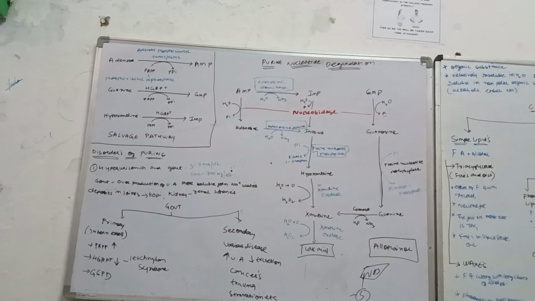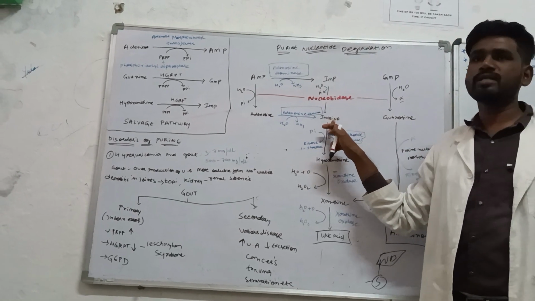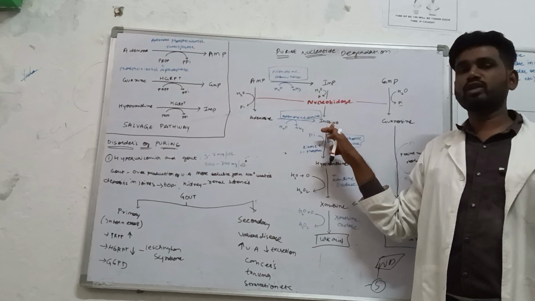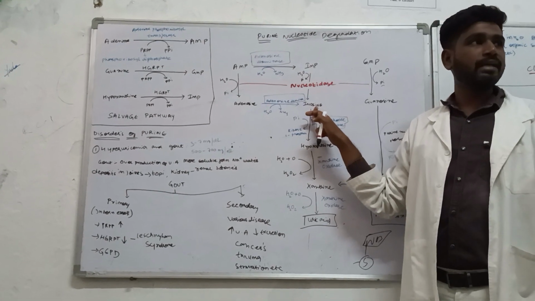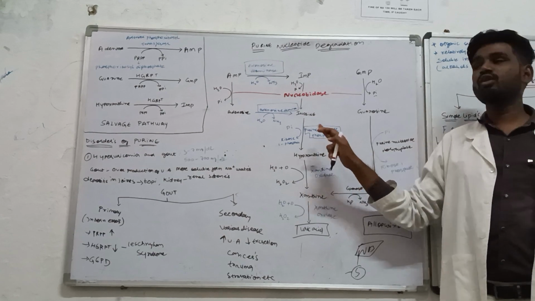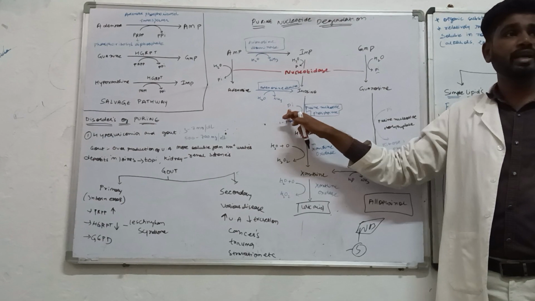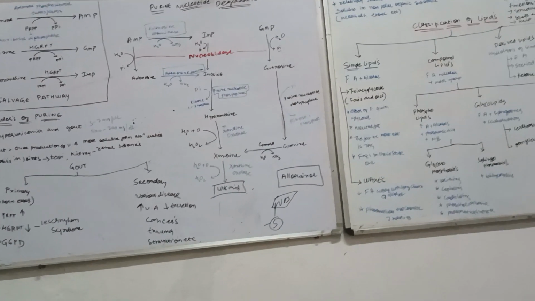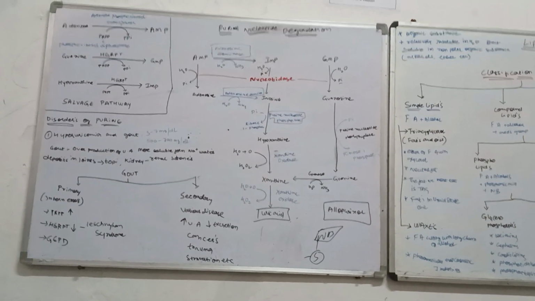ठीक है? Now, the inosine which is there, if I am talking about the nucleoside, then I must be talking about the nitrogenous base and the sugar molecule. If I am talking about the sugar, what type of sugar must I be talking about? Ribose type of sugar. Two products are there. Now with the help of enzyme purine nucleotide phosphorylase, due to the presence of inorganic phosphate, ये phosphate अलग है, inorganic phosphate, it's going to lose the molecule called ribose 1 phosphate. That means you are kicking out the ribose molecule from the structure.